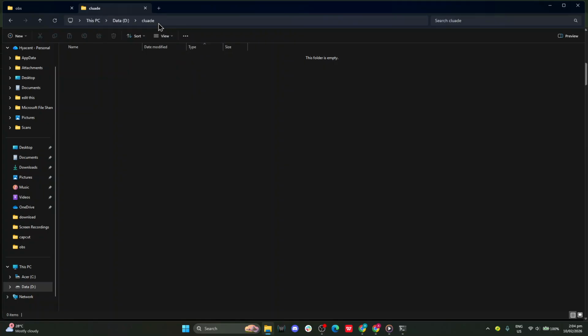To use Claude Code beyond the basics or to access premium features, you'll need to purchase a subscription. Follow the prompts on the Claude website to choose the plan that fits your needs and complete the checkout. Once your subscription is active and your login is confirmed, return to your command prompt window and your